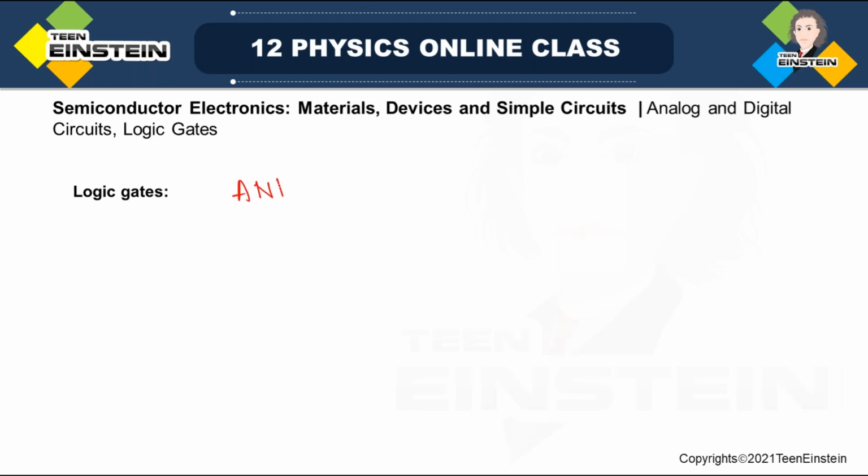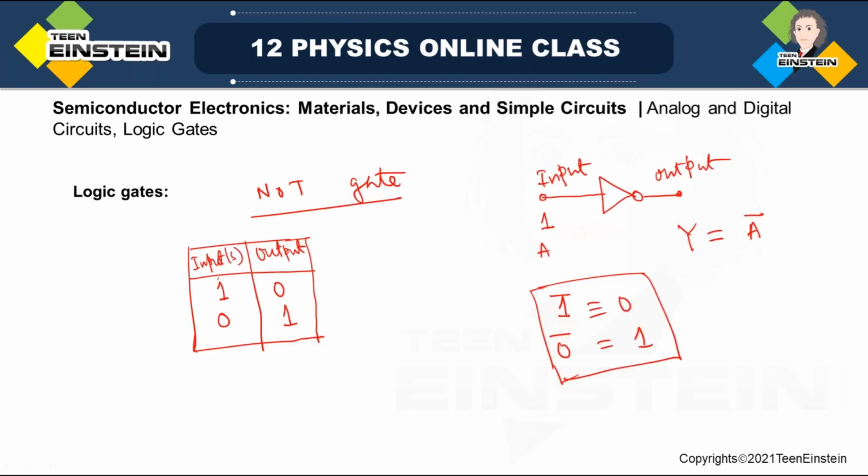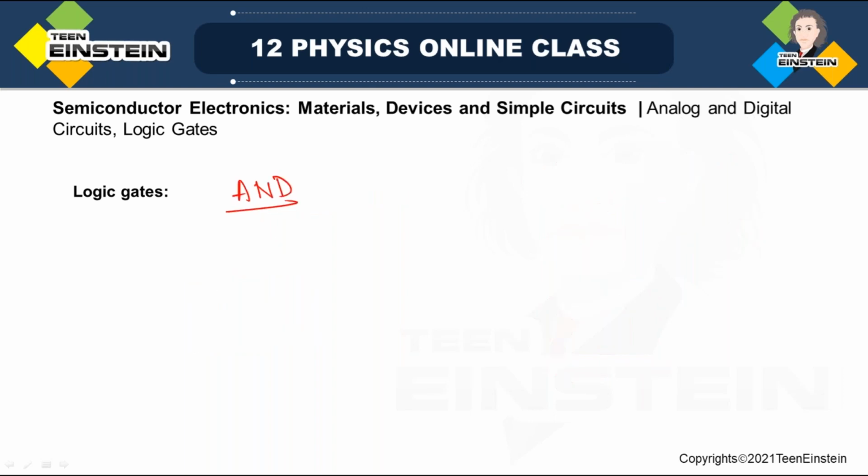AND gate. So you look here, in this case, you'll get output high state or output as on only when your input is off. Okay, or in other words, if you have input low state, you will get output as high state. In the AND gate,